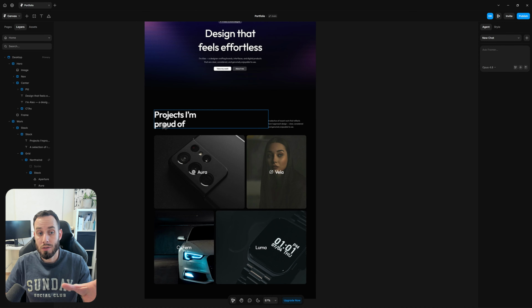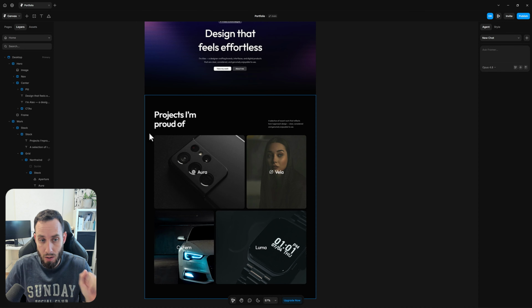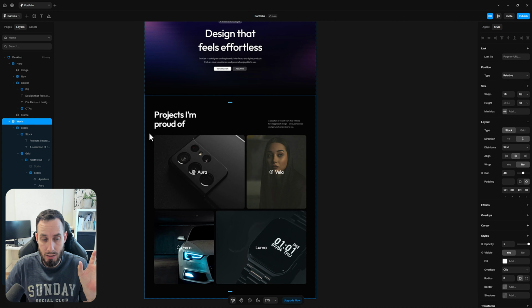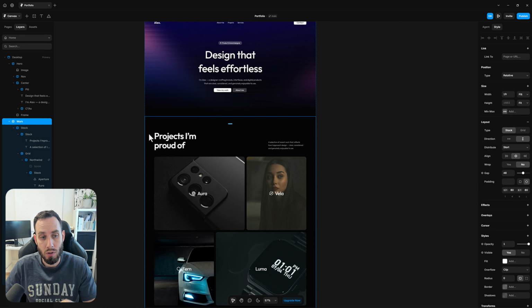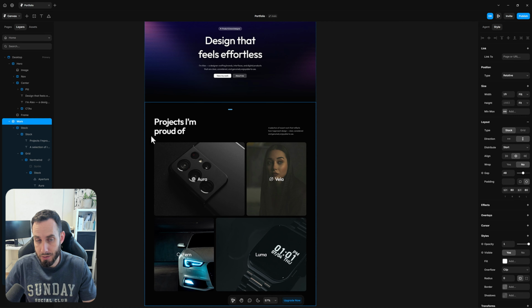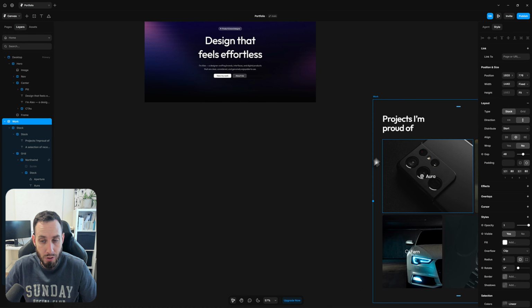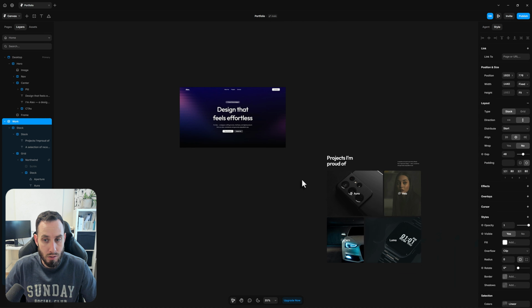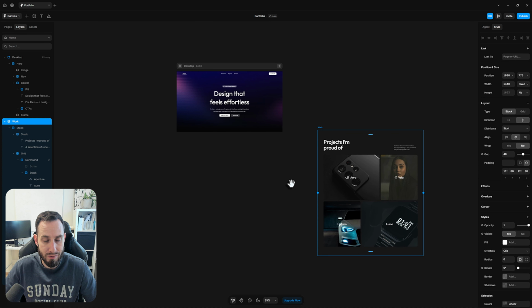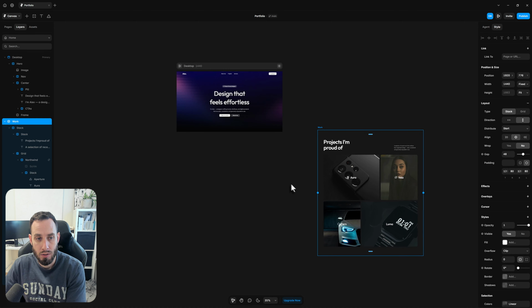So this is what we're going to build now. This one is a section for our projects. So as you can see, this is what the end result looks like. Now I'm going to move it to here and just have it as a reference, and we can start from